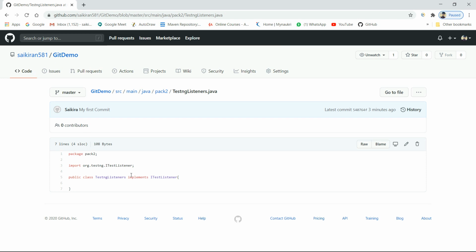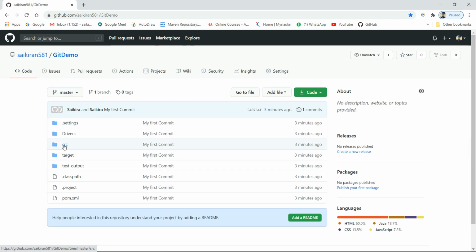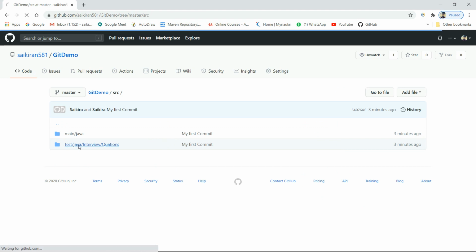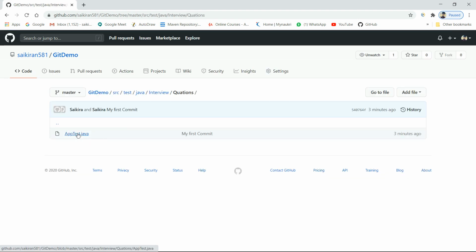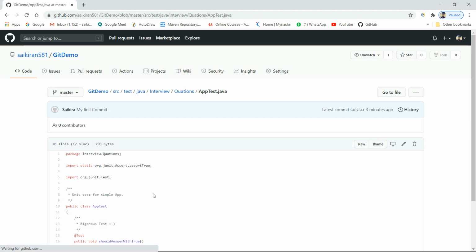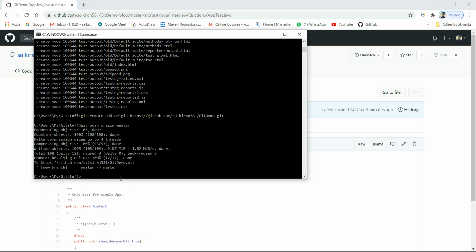This is the code present on my local machine, and you can also see here my first commit. This is the code present on my local machine, and I pushed it to GitHub.